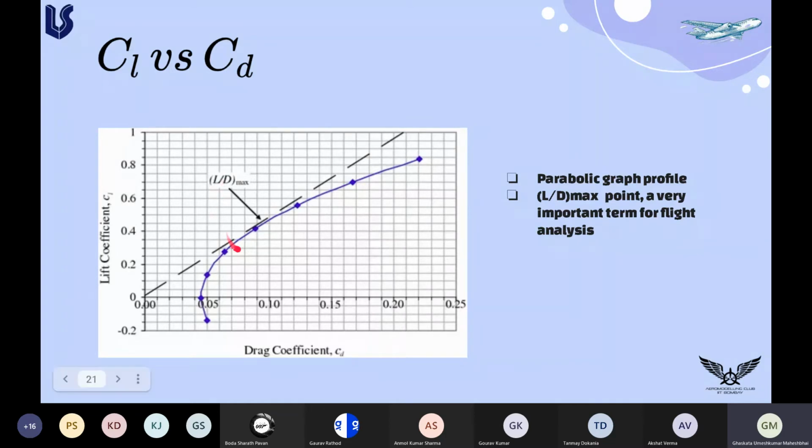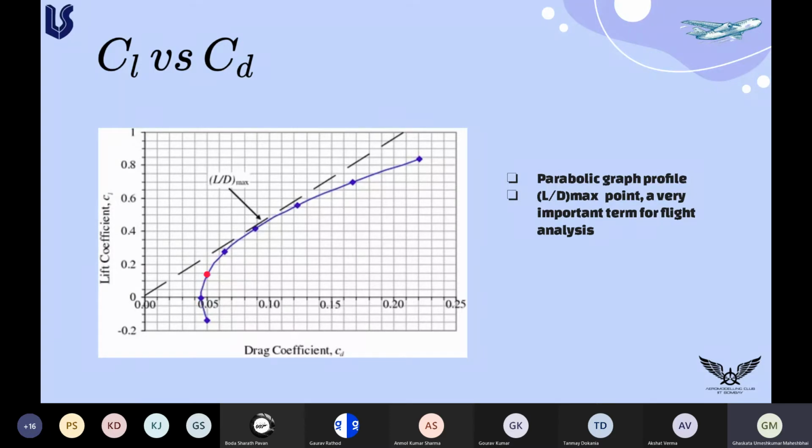You might have a question: why is the maximum slope not here? In this region, delta CL by delta CD is maximum, but we want